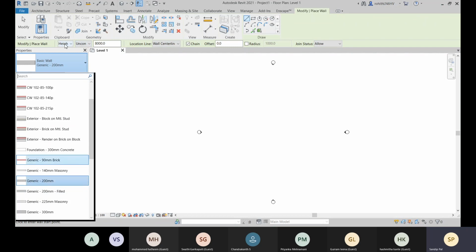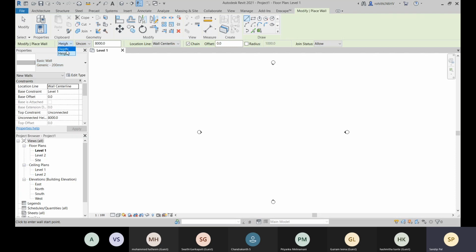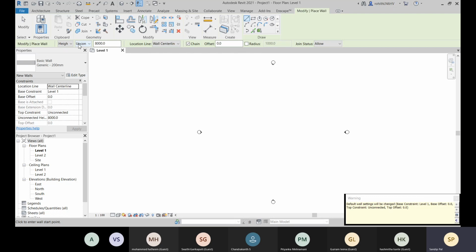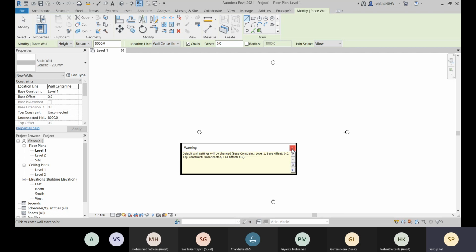And here you can see that we have this height, right? So you can also define it if you are placing it in the foundation, so you can give it the depth. Make sure that when you are placing a wall, this height is selected. And this is right now unconnected. It is not connected within any level, right? So currently I'm in level 1, so that's why the base constraint is level 1. So the base of your wall will be constrained to level 1.